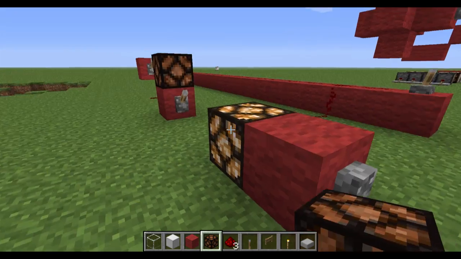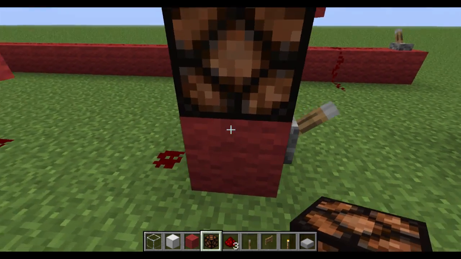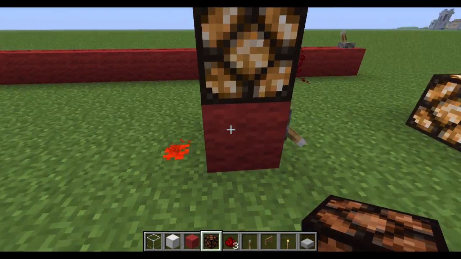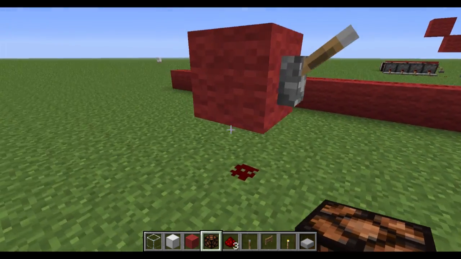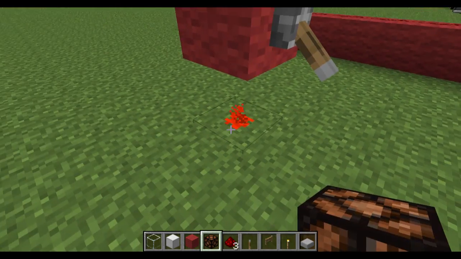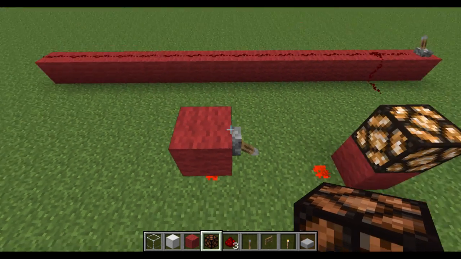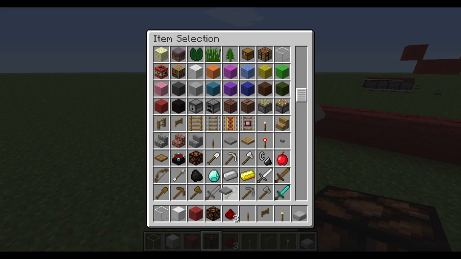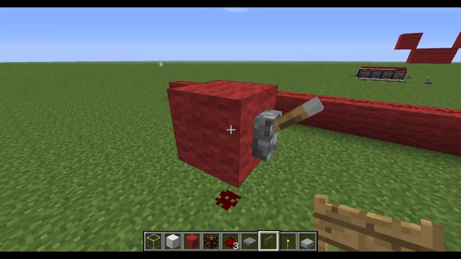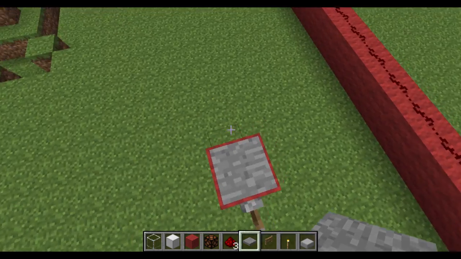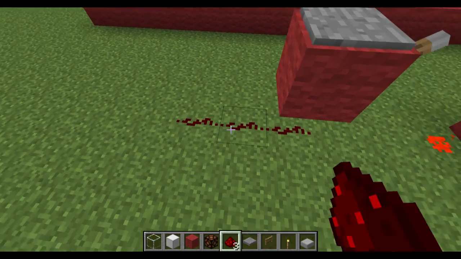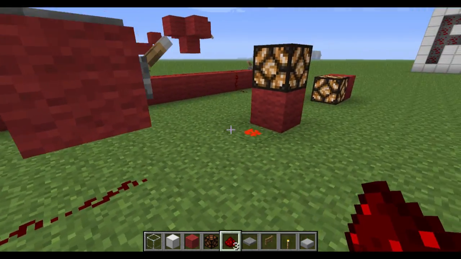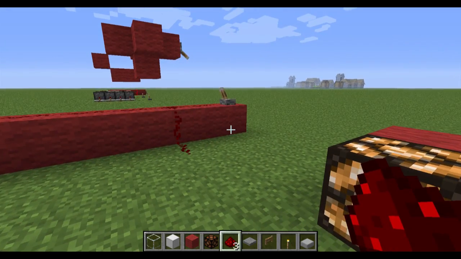So turn this on, right? Same thing up here to show you. Turns that on. And also this redstone dust because it's right next to the block. And even right below it, that works as well. So this is great for if you have, let me grab a pressure plate, and you want to hide the wiring. This should work just dandy fine. And let's see, I'll run a couple of these so we can see it. Step on the plate. Boom. Right. Perfect. Okay. Now that we got that out of the way,